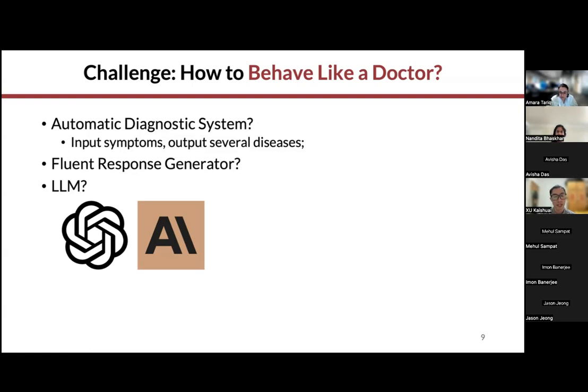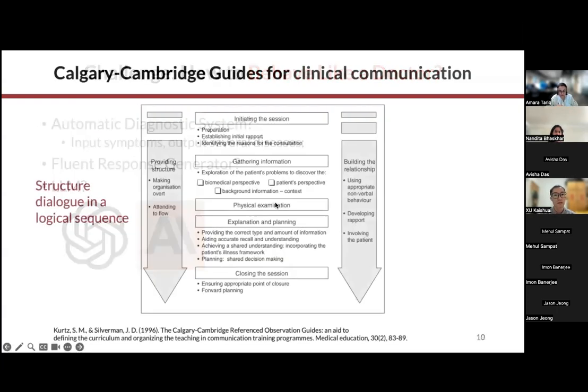to do some interactive communication. So from the perspective of clinical communication, there is the Calgary-Cambridge guide to teach clinical communication. It emphasizes one concept: patients need to structure dialogue in a logical sequence. As you can see in this figure, a medical dialogue or clinical communication generally follows several steps, or generally obeys